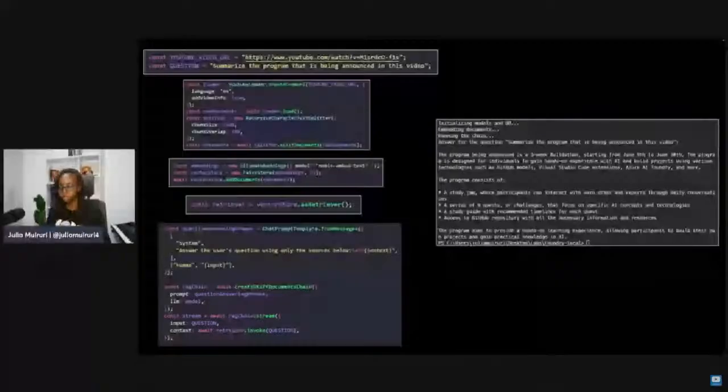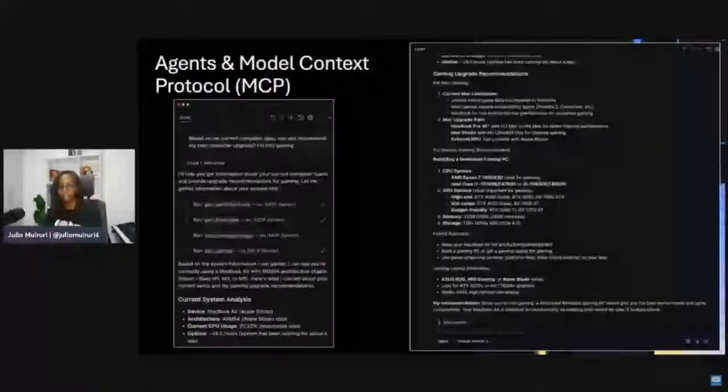Then what most of you are talking about on the chat is agents and the new cool kid in town, MCP, and the fact that you're able to actually go through a quest that really gave you a proper introduction to this. So in the quest, you are able to build a local agent fast. You use the AI Toolkit extension. You are able to build an MCP server.